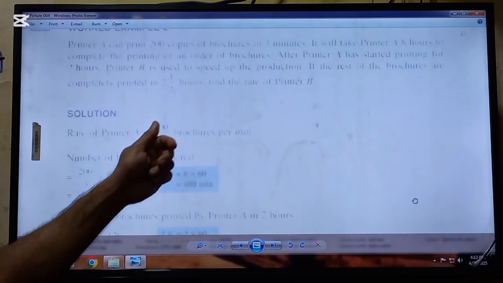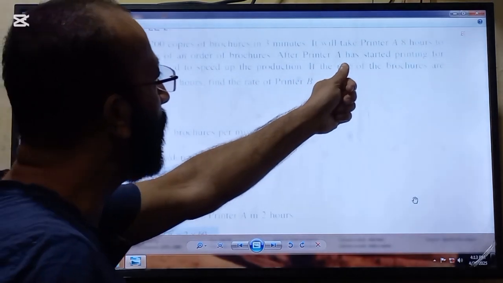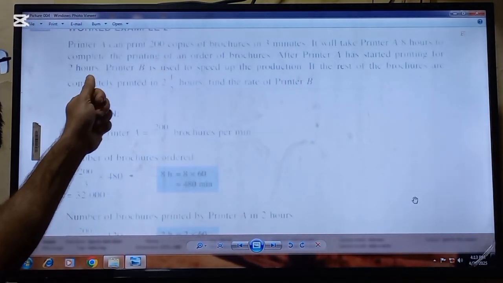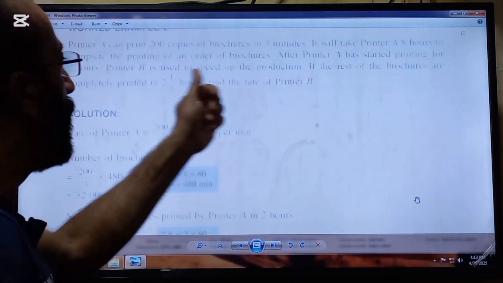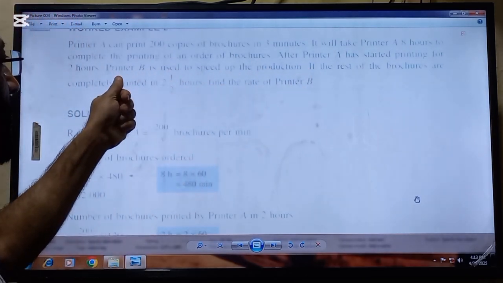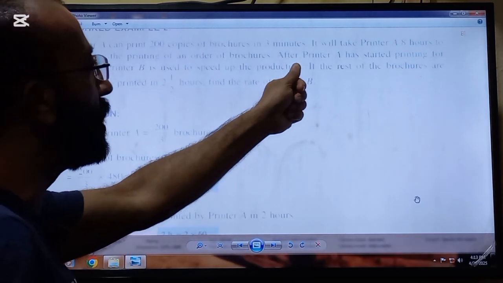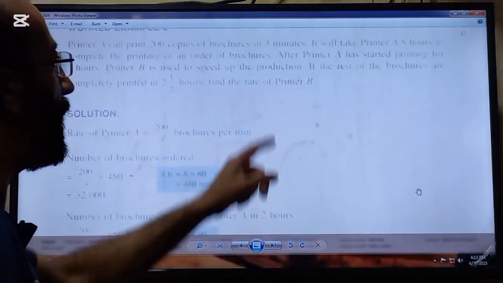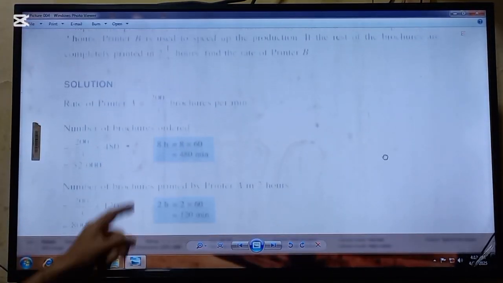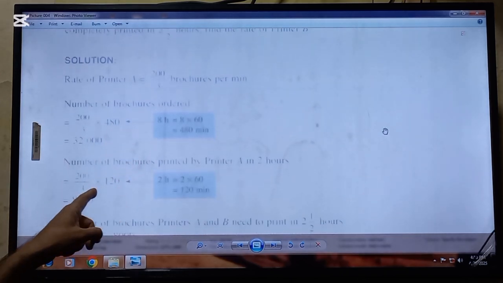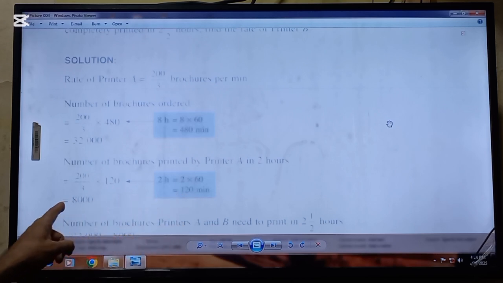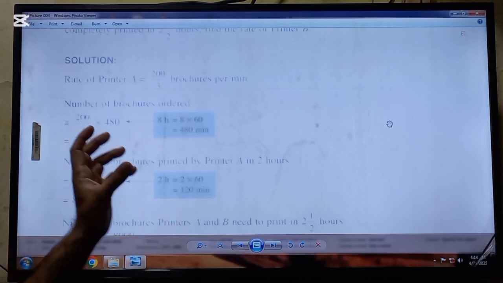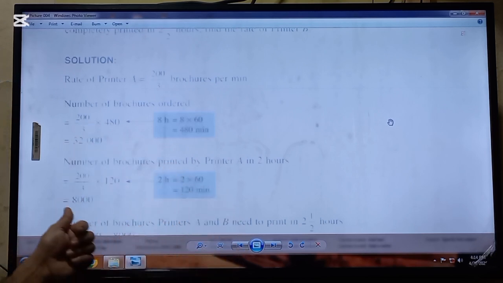So the next line is given. After printer A has started printing for 2 hours, printer B is used to speed up the production. So first we will find how many brochures have been printed by printer A before printer B started. This 200 over 3 will be multiplied by 120, because in 2 hours there are 120 minutes. So it means in the first 2 hours only printer A was working, and printer A has printed 8,000